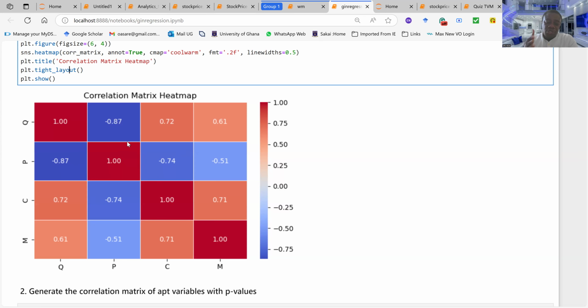Okay, you can tell me there's a correlation between quantity demanded and price. We all know the relationship between quantity demanded and price. Is it positive or negative? Correlation-wise, is it positive or negative? It's negative, okay? And you can see that here, in the correlation, you will notice clearly that the relationship,